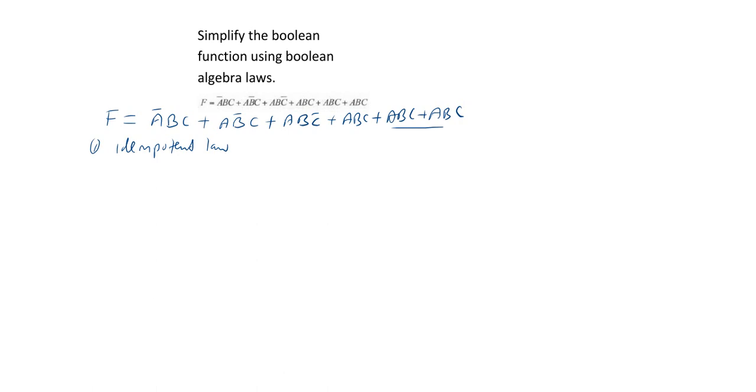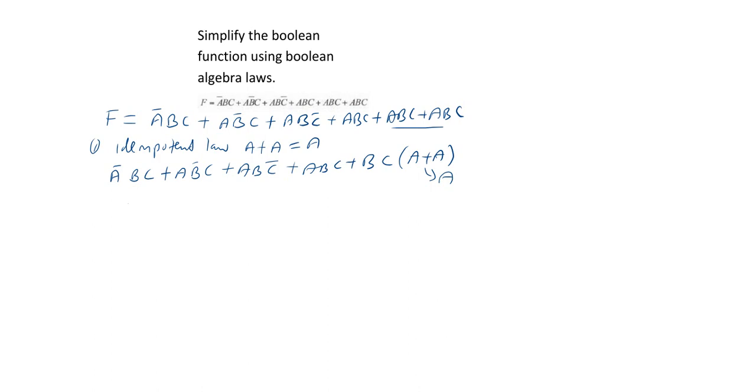So the idempotent law says if we have a or a, we get a. So the last two terms can be factored, and we have the expression as not a bc, or a not bc, or a b not c, then or a b c, or we factor out bc and we have a or a. So this a or a, using the idempotent law, we are going to get a. So the new expression will now look like